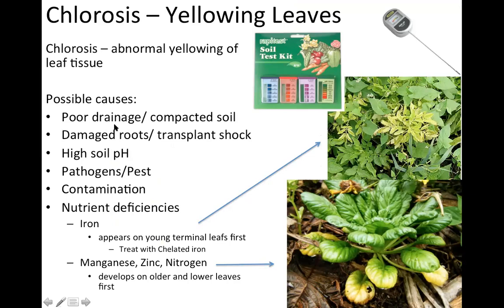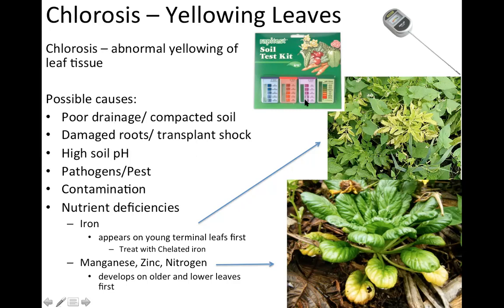Like, do you have poor drainage? Have you had people walking in your garden recently, and maybe they compacted something, and now the roots are compacted and a part of your plant is turning yellow? So that's usually number one. That's really easy. If that happens, get a pitchfork, just loosen that soil up without digging it up. Damaged roots,